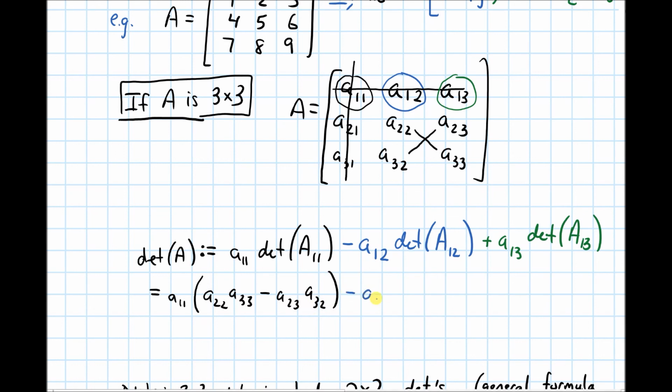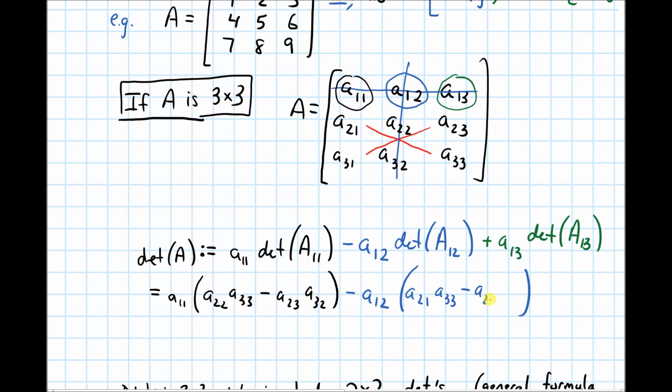So I have minus a1,2 times this determinant. Let me erase some of those lines I've drawn in. For the determinant of this capital A1,2, I would cross out the row this entry is part of, and the column it's part of, and then I look at the resulting matrix, which is 2 by 2, and I find its determinant. I multiply these two entries together first, and then subtract the product of these two entries. So first I multiply a2,1 times a3,3, subtracted by a2,3